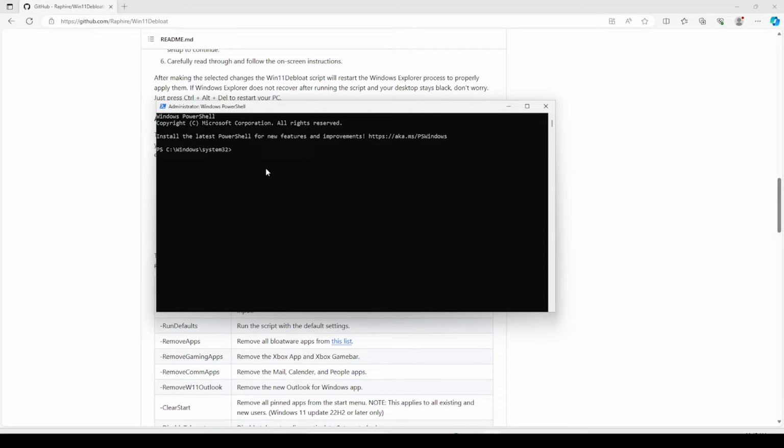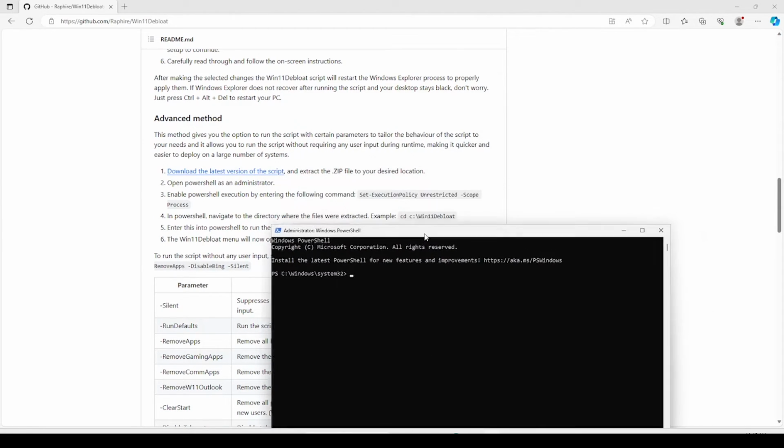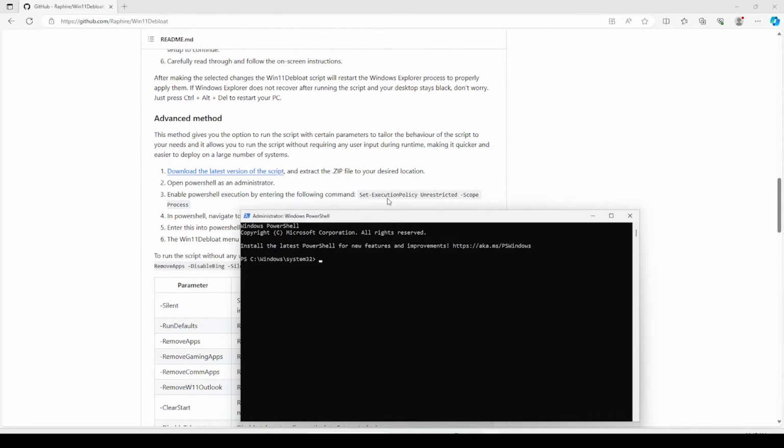But that just means that if you want to run a script like this that's going to do a lot of stuff, you have to tell the operating system, hey, I'm cool with that happening. And that's how I'm going to do it. So this is the command right here. I'm just going to type it in right here. I'm going to say set execution policy. It's going to take a second for the autocomplete to catch up, I think. There it goes. All right, and then we'll say unrestricted, scope, and then the last thing is process,